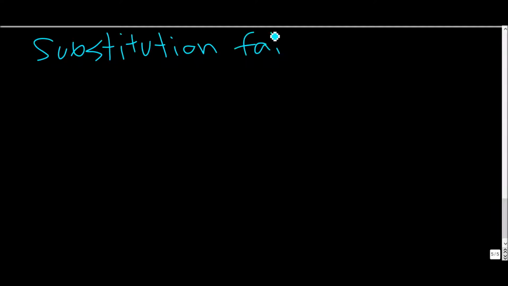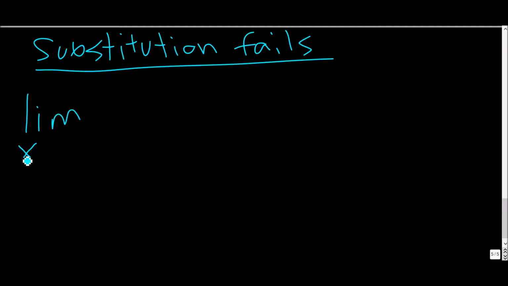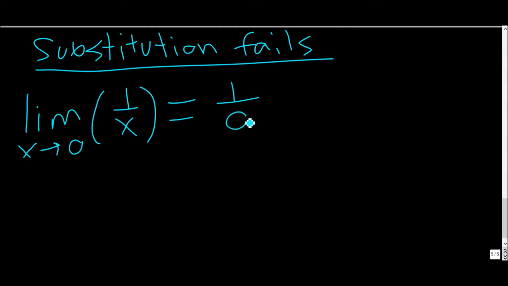So let's say we've got the limit as x approaches 0 of 1 over x. Well, if I plug this in, I get 1 over 0, right? Can't do that. So if we're dividing by 0,